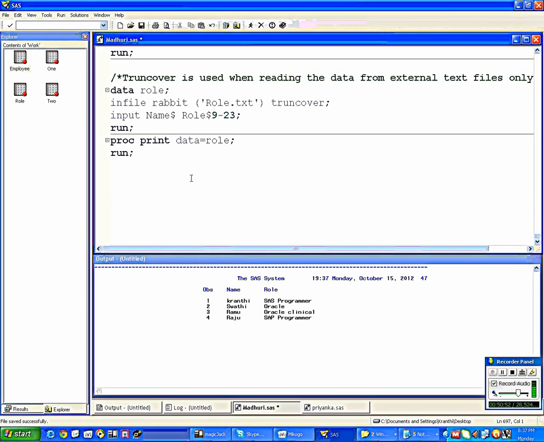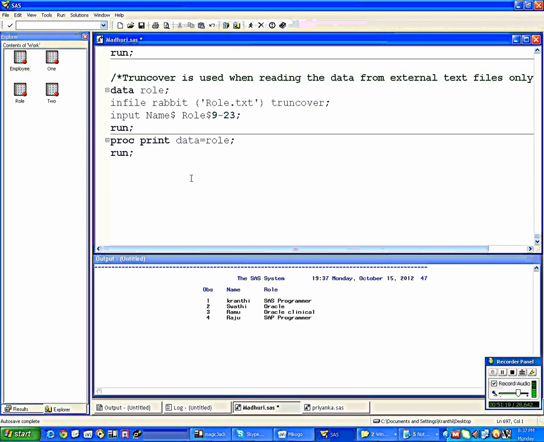Then there are some modifiers called the colon modifier and ampersand modifier. What does the colon modifier do? If there is a single space, then it stops there only. If it encounters a double space, then the ampersand modifier stops. These are the modifiers. Then coming to the missover. What does the missover do? If you are reading the data which is separated by some delimiter, okay, and there is some last variable missing, then we use the missover.